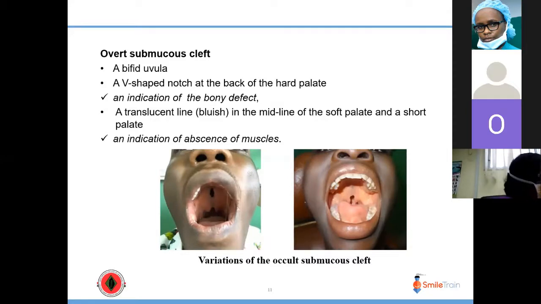While in the middle of the cleft, we have a translucent bluish membrane. And this indicates that there are no muscles in that area. So the muscles are not attached in that area. As we can see in this picture, we have the bifid uvula, and that is a bluish membrane, as well as